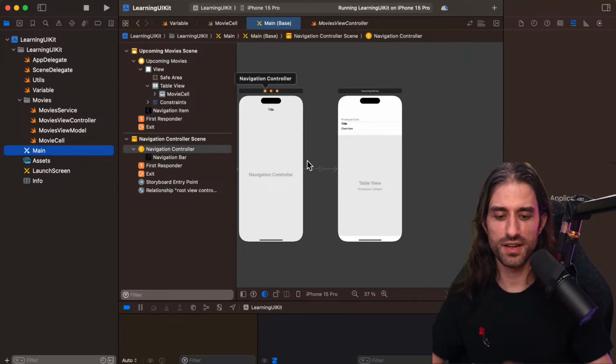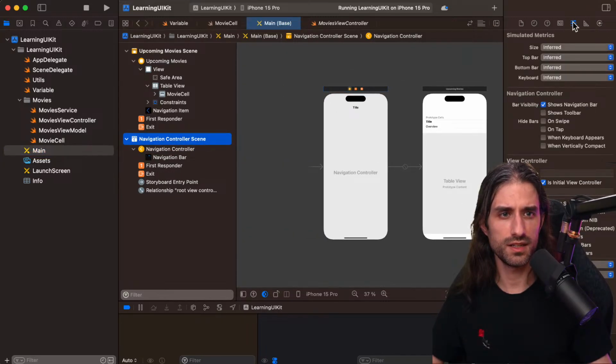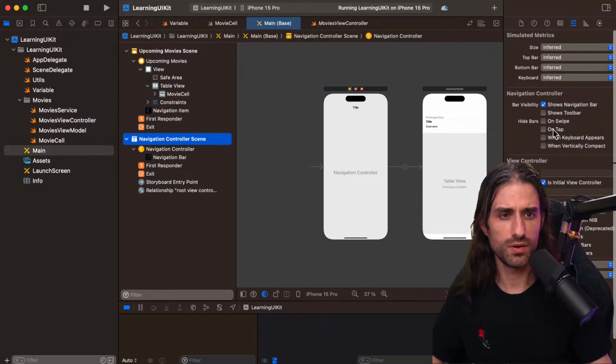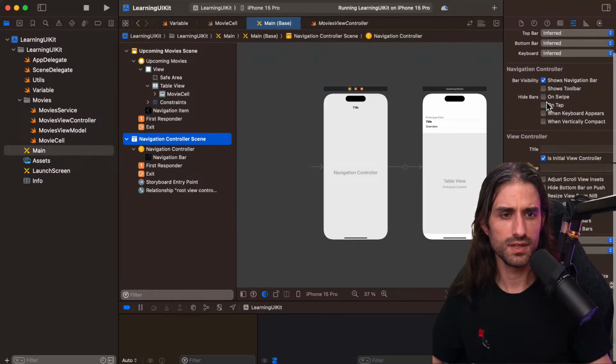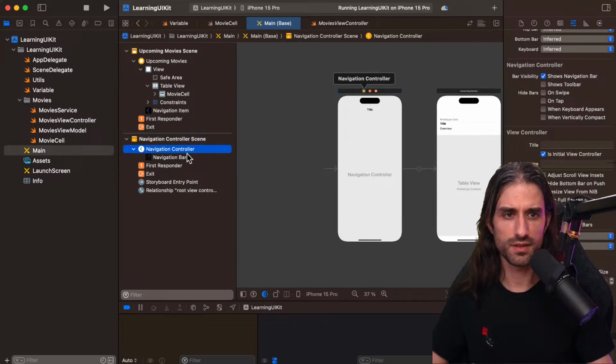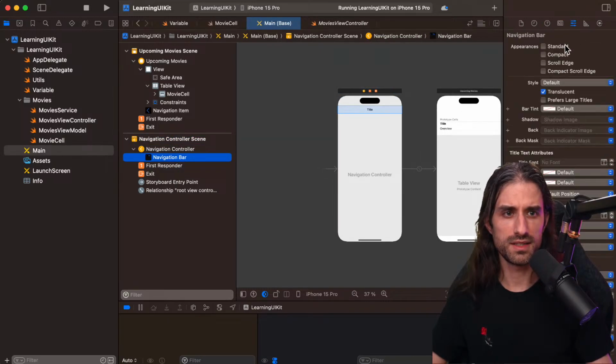So I need to say prefers large title. Can I do that here in the navigation bar, where I can say prefers large title? Shows navigation bar, yes. I'm sure it's possible to do it from here, but yes, here, navigation bar, and maybe it's here that I can do it. Prefers large title.